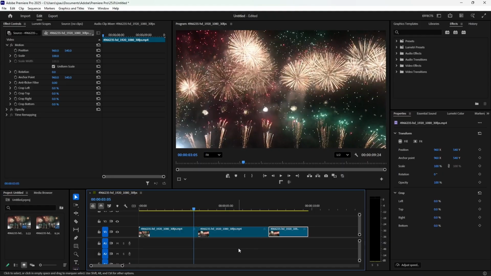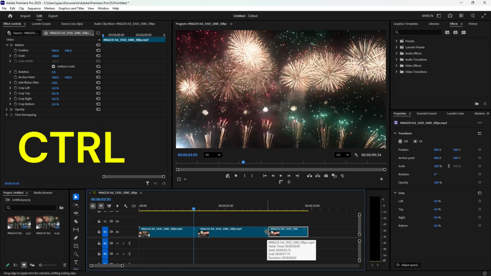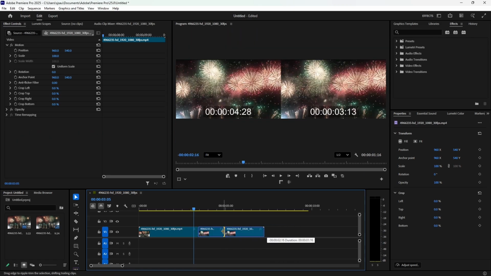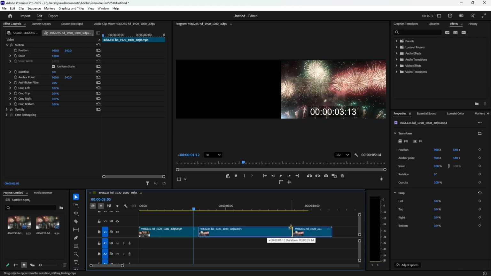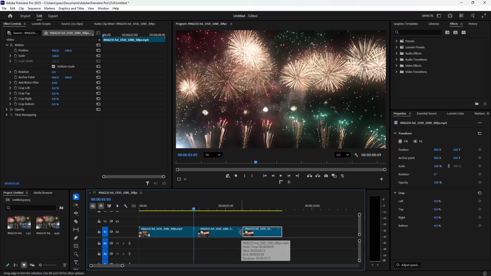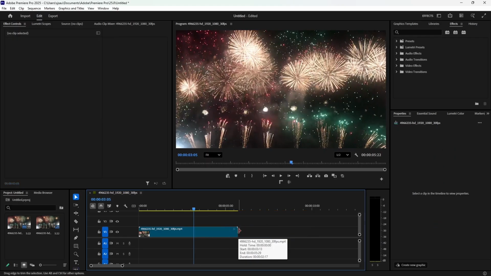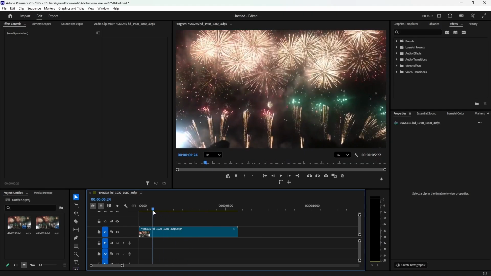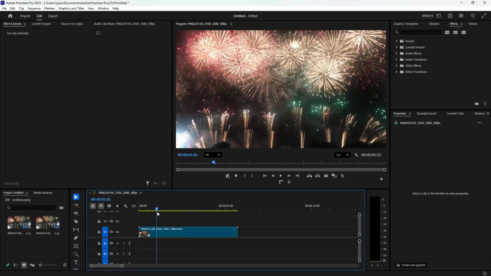You can also hover over this section, click Ctrl on your Windows PC and drag it to the left or to the right. And then as you can see, the rest of the clip is also moving along. So that's the shortcut that can save you time. Now if I go back to the defaults, just click Ctrl Z on my keyboard. Then the second method, if I select a different frame now, let's say this one right here,